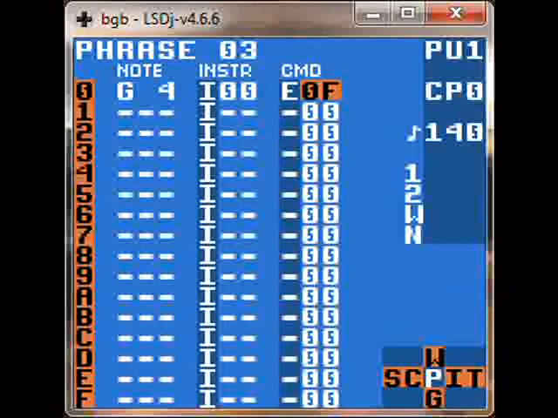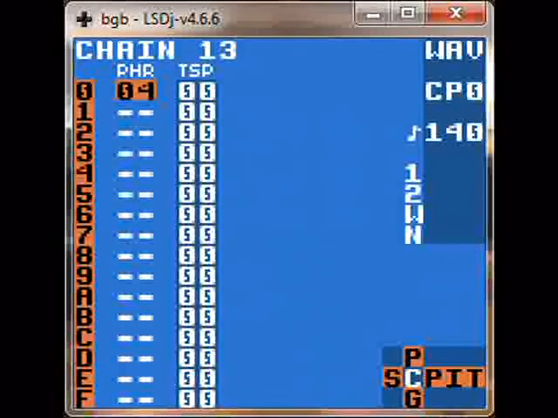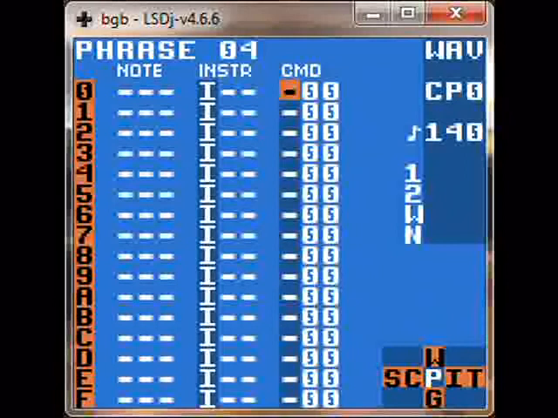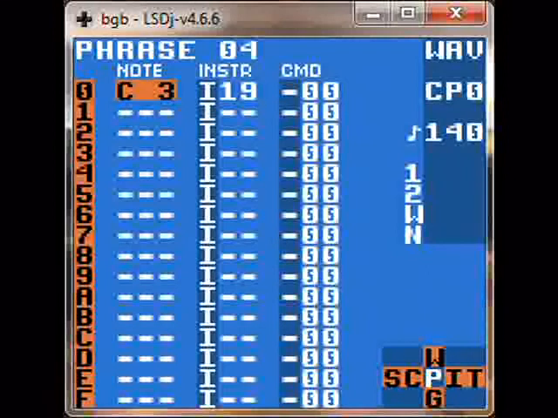Okay, that's basically that. If you start it off at 0, you can hear you get a nice long envelope there. Okay, so that's envelope commands on the pulse channel, and this is one of the commands that actually does change if you're on the wave channel, because on the Game Boy, let's pick an instrument here. Okay, so you got your sound here,